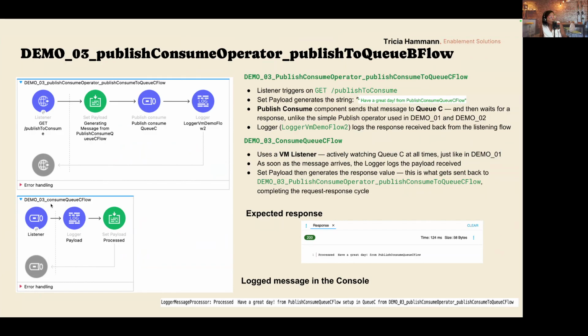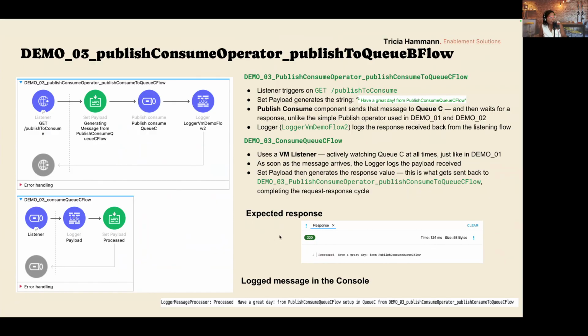Now, we work with a demo 03 consume QC flow. We work with a VM listener, which is actively watching QC at all times. And as soon as a message arrives, the logger will log the payload received, and the set payload will then concatenate the payload with a string value, which is processed.